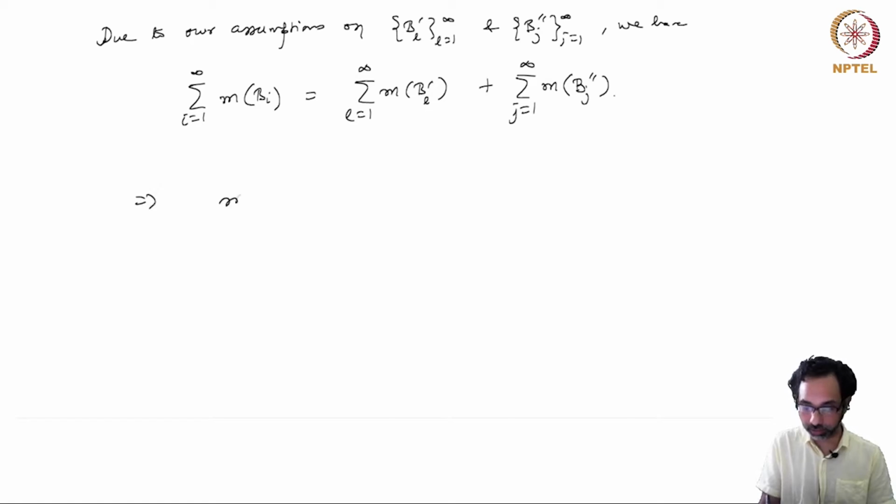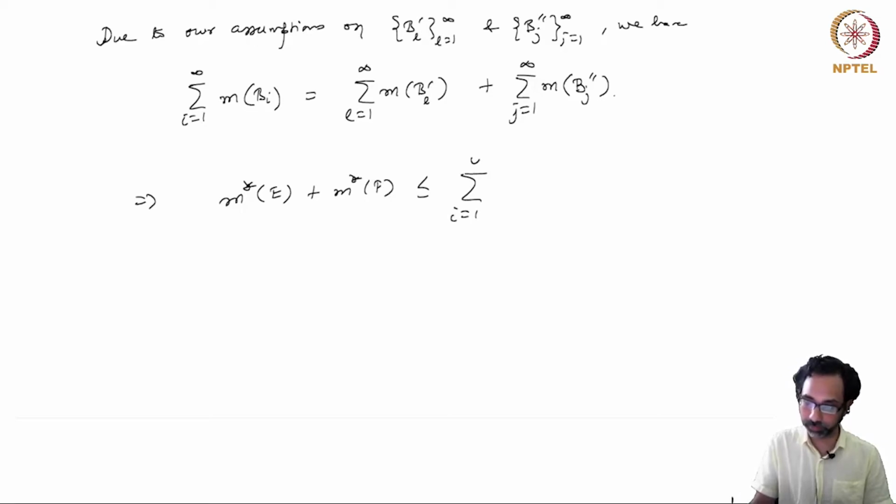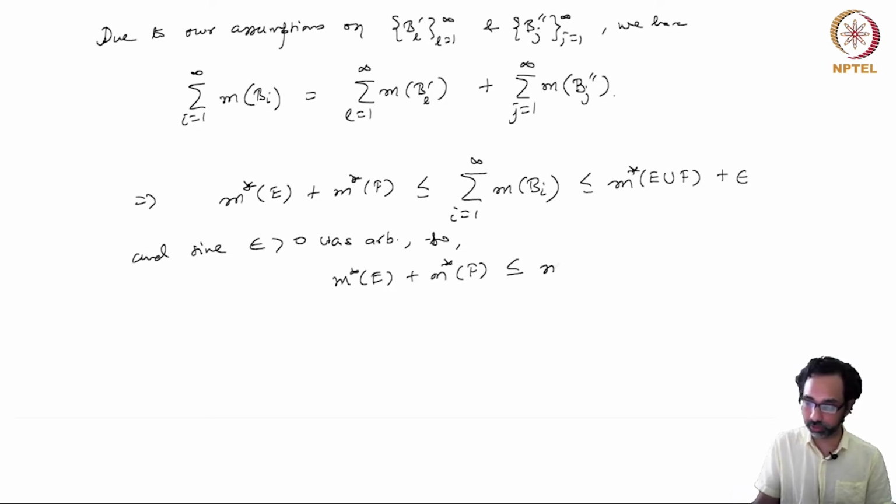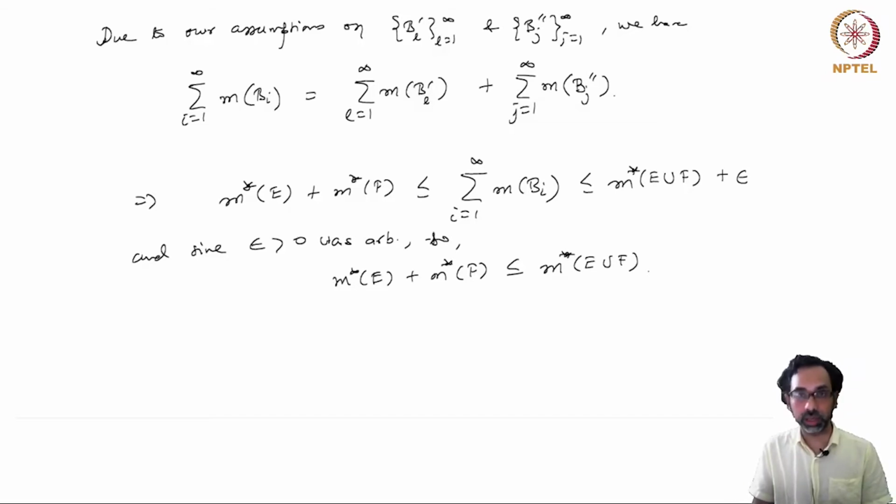So this implies that the outer measure of E plus the outer measure of F is bounded above by this sum m of Bi, but this was chosen such that this is less than or equal to m star of E union F plus epsilon, and since epsilon is arbitrary, we get the required inequality: m star E plus m star F is less than or equal to m star of E union F. But now in general,